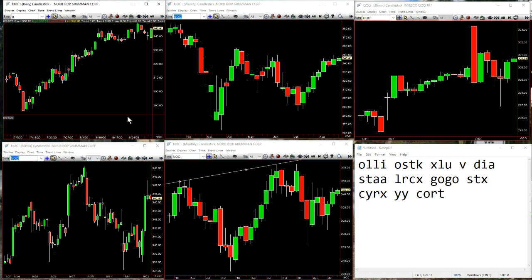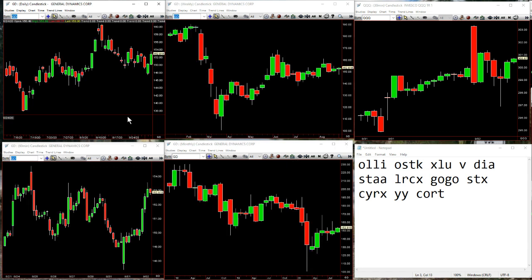And General Dynamics here. Another thing you want to look for is that it was a 2 down because it took out yesterday's lows yesterday, right? But it was green, which means it's closer to going 2-2 reversal, which means you see these 2 bars? They're an outside bar of all this. Now we'll see if that keeps going. The good thing about stuff like that is that you can see the subsectors trading together, that they're in there buying some war machines, all right?